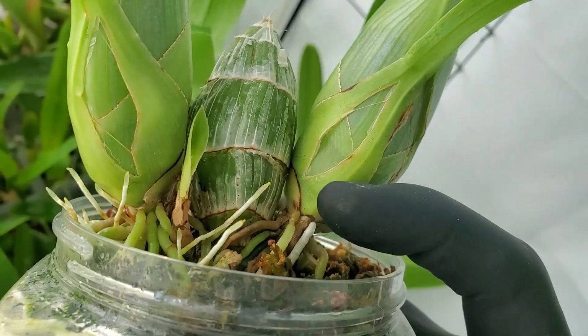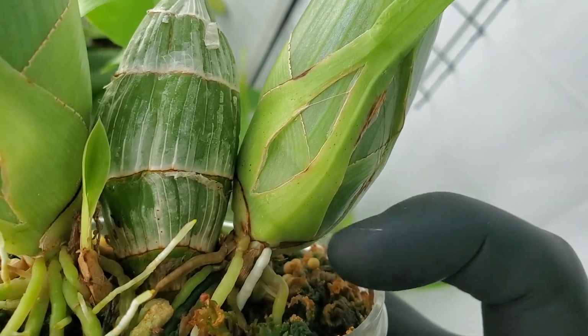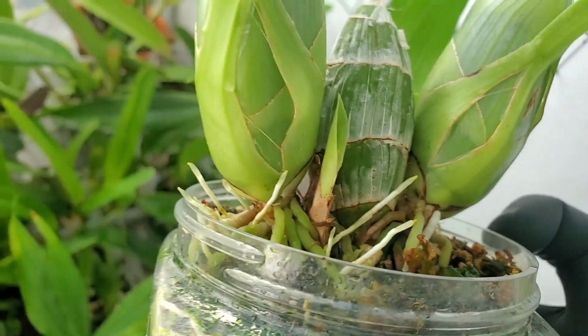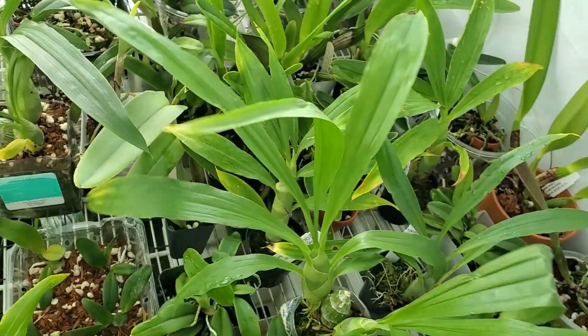See if I can point like right here. These little kind of lighter colored bumps, which I'm hoping they're going to push out and be spikes. That'll be interesting to see. But yeah, speaking of that, almost all of my